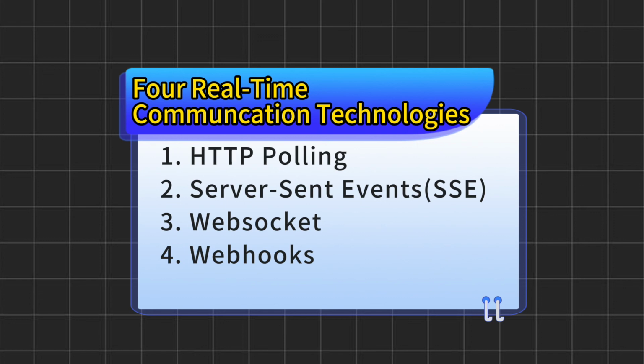Remember, each technology has its unique applications and limitations, so it's important to consider the specific needs of your business